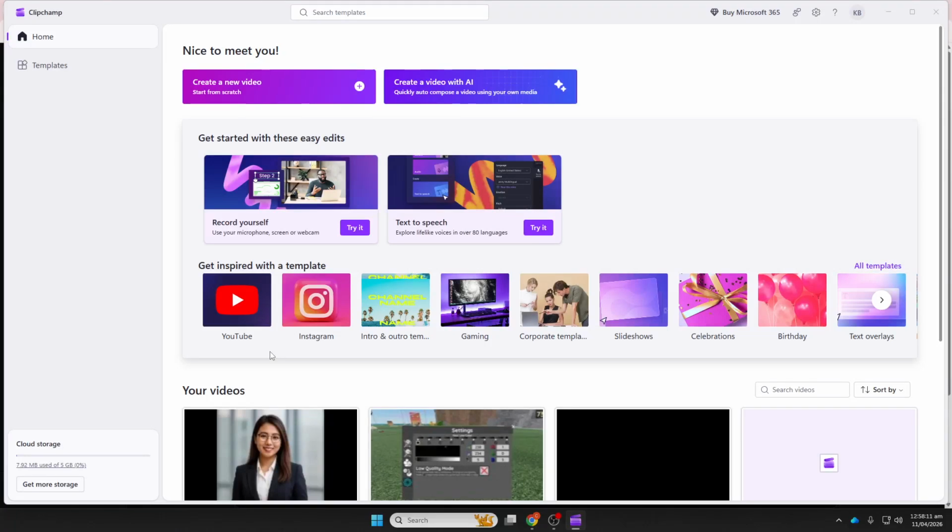In today's video, I'm going to teach you how to compress video on Windows 11 using ClipChamp 2026. If you've got a video that's too large to share or upload, compressing it is the quickest way to shrink the file size while keeping it watchable. We'll do this entirely in your browser using ClipChamp, which comes built into Windows 11 for many users and is